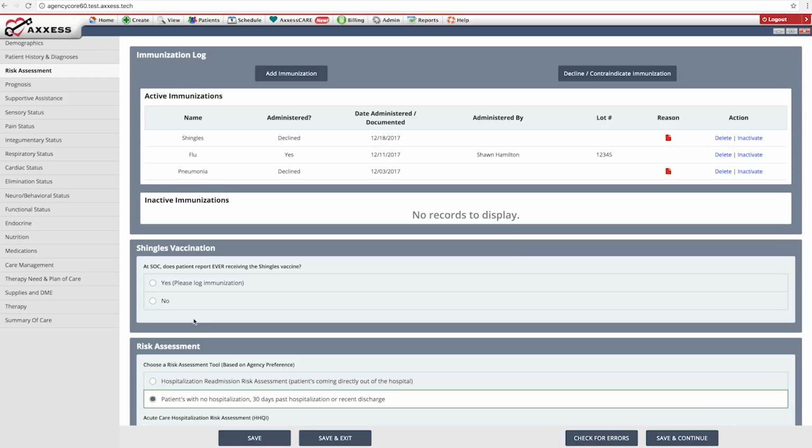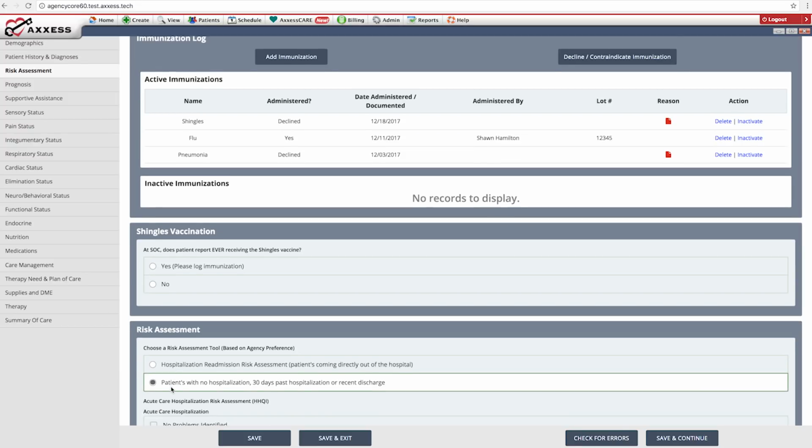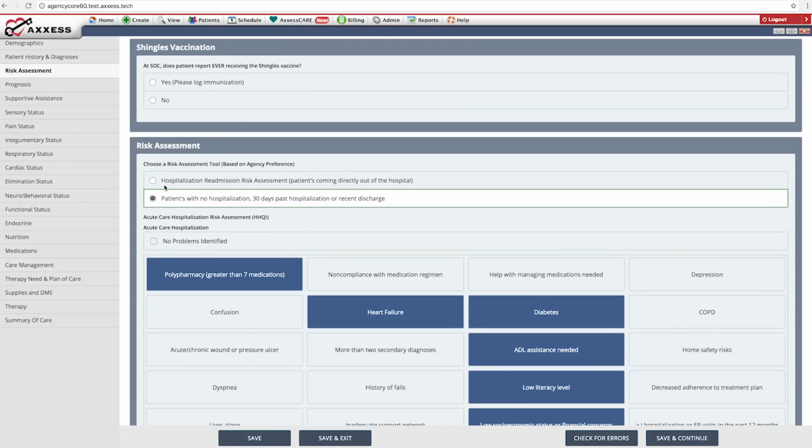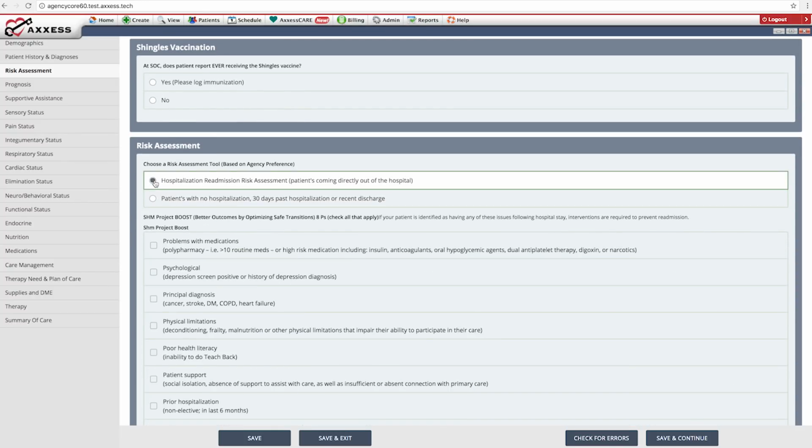In the risk assessment section, there are 2 assessments here for your use, and the choice of which you use is totally up to the clinician or the agency's policy. The first assessment is a great tool and is used exclusively for patients coming directly out of the hospital. It is the 8 Ps from the SHM Project Boost. It identifies 8 key areas that are good indicators for readmission to the hospital. If the patient is identified as having a problem in any of these areas, an intervention is required to prevent